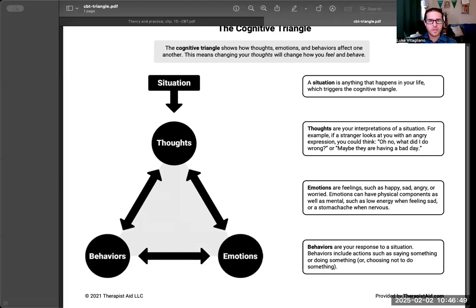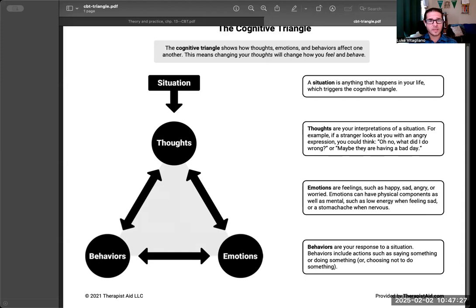So here I'm sharing my screen to share with you one of the resources that is often used in cognitive behavioral therapy. This is what's known as the cognitive triangle. First, we see that there's a situation or an activating event that leads to certain thoughts. These thoughts are often looked at as the interpretation of the situation or this activating event. From these thoughts, our emotions are influenced, which can be our feelings and different somatic sensations, and they also influence our behaviors, the way that we respond to this situation.